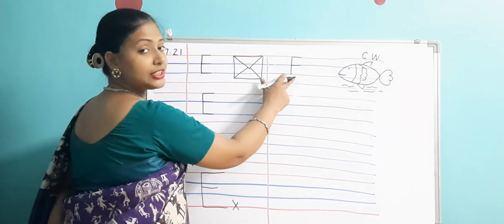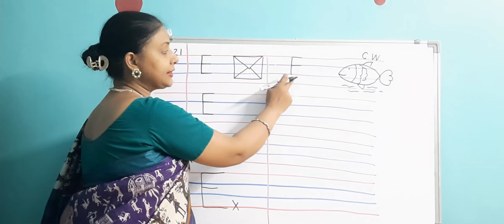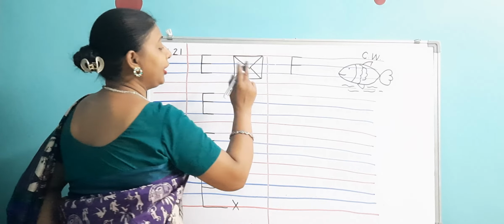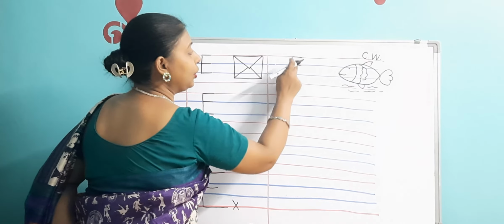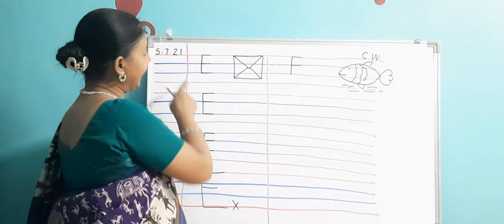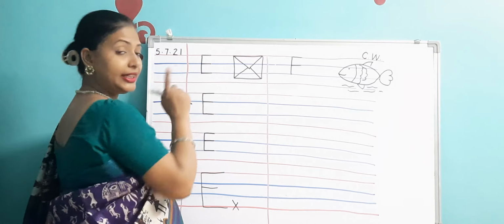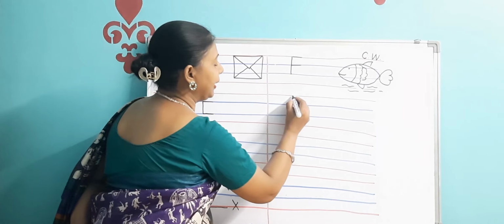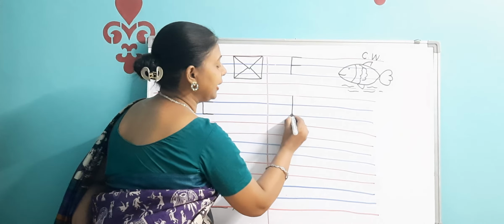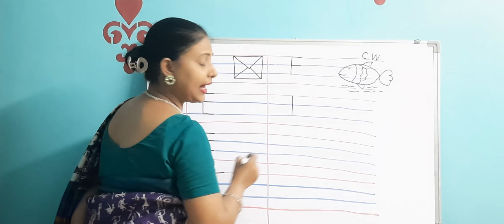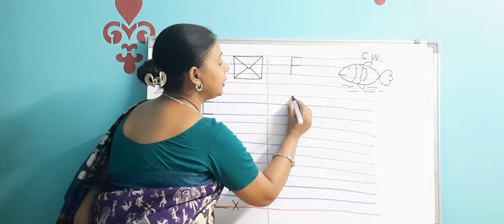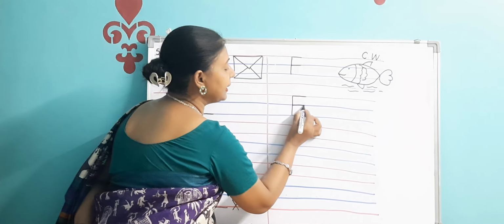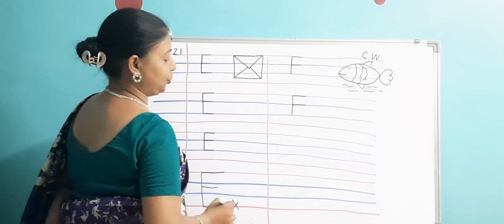You are not going to draw a sleeping line on this third line, right? Otherwise it will become E. Remember that in F we have only two sleeping lines. In E we have 1, 2, 3 sleeping lines, but in F we have only 2 sleeping lines. Again watch, from the first line till the third line draw a standing line. Then on the first line back again you will draw a sleeping line like this, and second line sleeping line. This is F for fish.